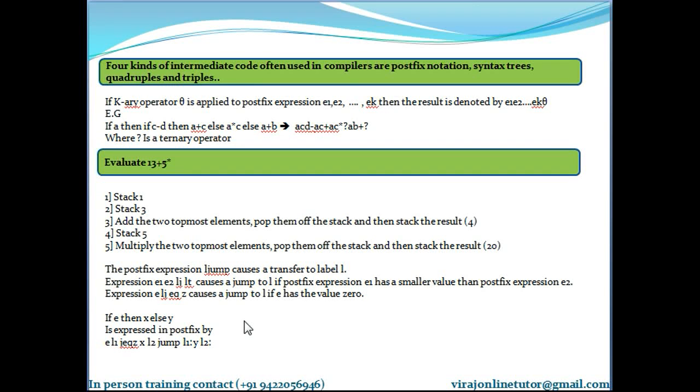Hi everyone. So now we are beginning with the next chapter, the next concept on compilers. Here, the intermediate code that we generate by using different syntax directed translation schemes can often be used in compilers